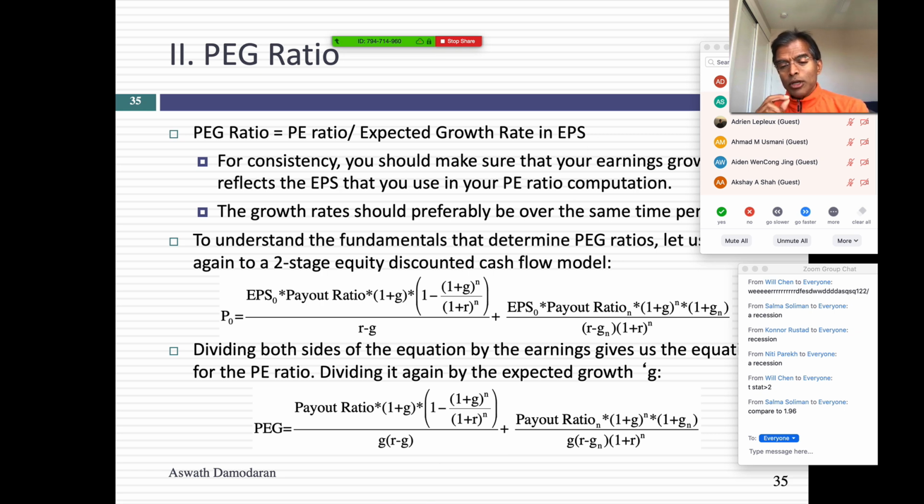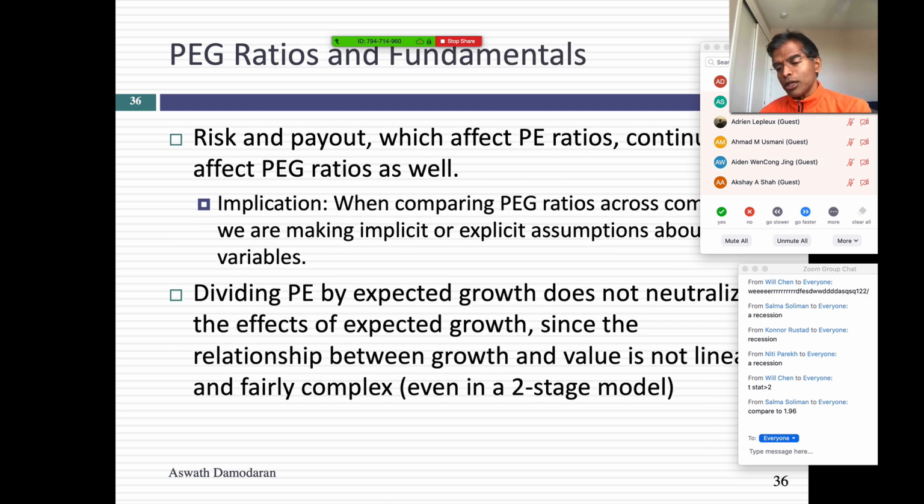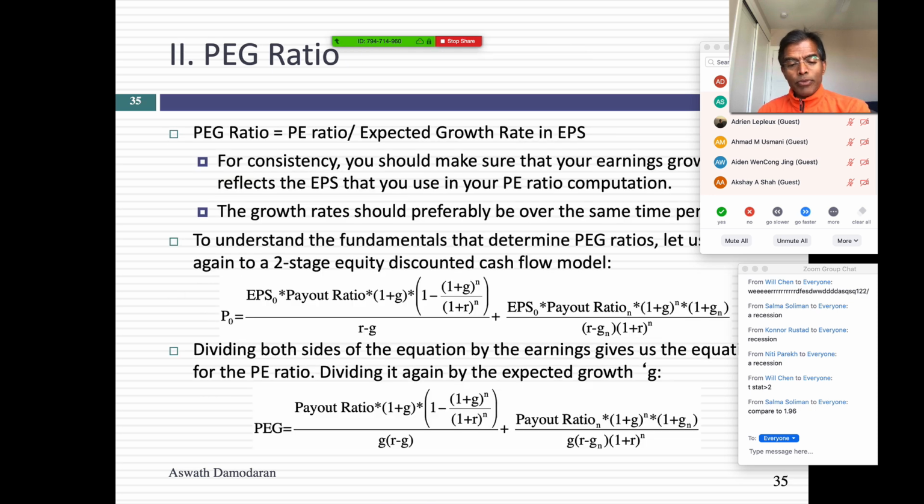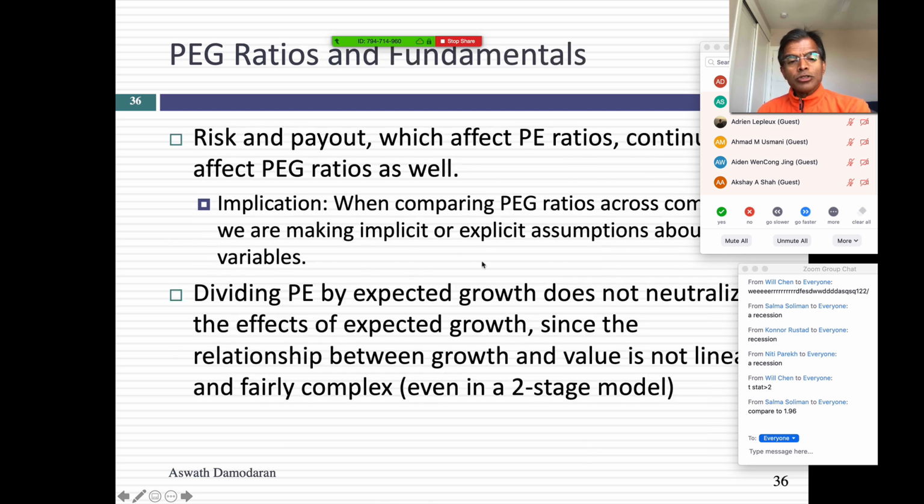So I'm going to talk about the PEG ratio primarily in the context of: if I'm using PEG ratios to pick stocks, what should I watch out for? So here's the first thing that comes from looking at that equation. Riskier stocks, and remember risk pushes up your cost of equity, should have lower PEG ratios than safer stocks. So if you're comparing two stocks with the same growth rate and one is riskier, I would expect the riskier stock to have the lowest PEG ratio. Why? Because higher risk makes the value of growth smaller. And dividing PE by the growth rate doesn't neutralize it. It makes it go all over the place. It makes it a complete mess.